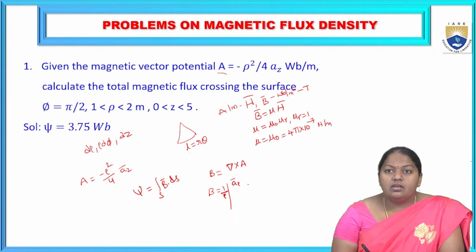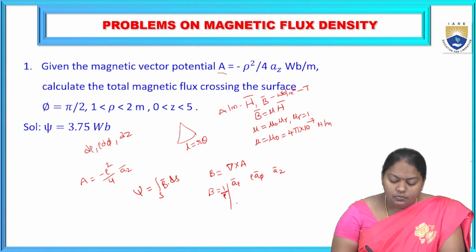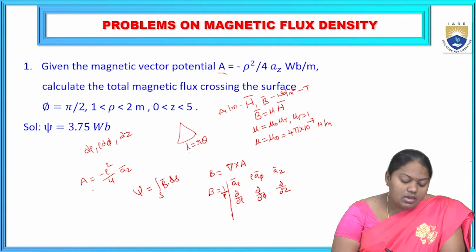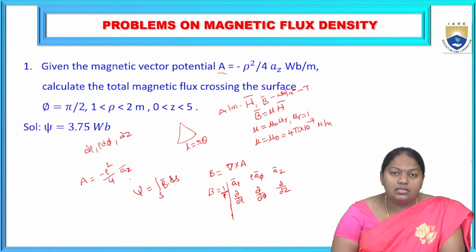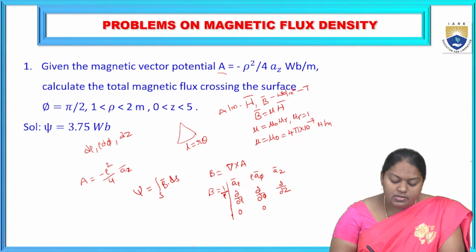First we need to write the unit vectors as a rho, a phi and a z. In the second row, we are supposed to consider the partial derivative terms, that is dou by dou rho, dou by dou phi, and dou by dou z. And in the third row, we are going to consider the magnitude terms of the given A. So A has only the a z unit vector direction given, and the rest of the two will be zeros. Hence, the A rho component and the A phi component are 0, only A z is given, that is minus rho square by 4,